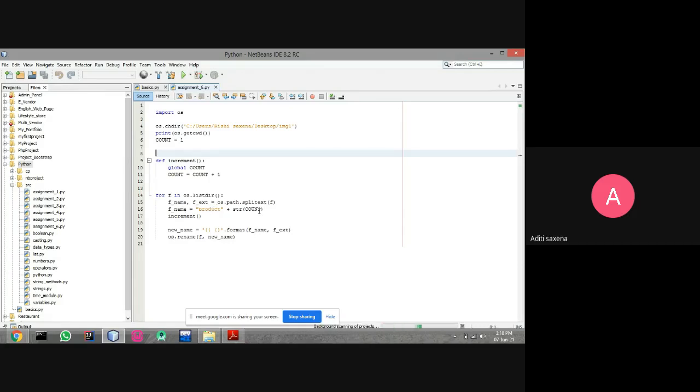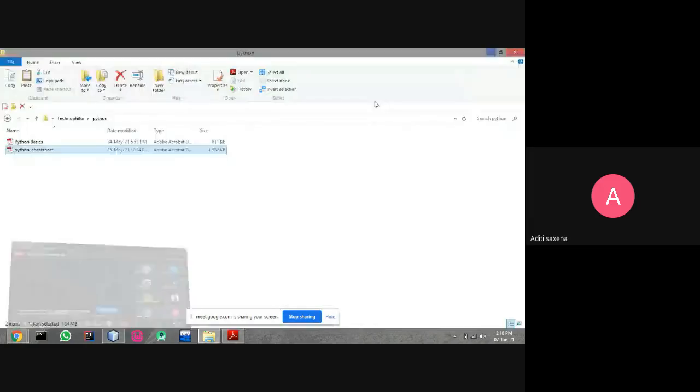So I am giving the name product, and f underscore txt means the path, and the os dot rename method is used for renaming the file. So this loop is good. This loop will work one by one on the whole set of files. So here I applied the img1 folder that is on my desktop. Let me show you.